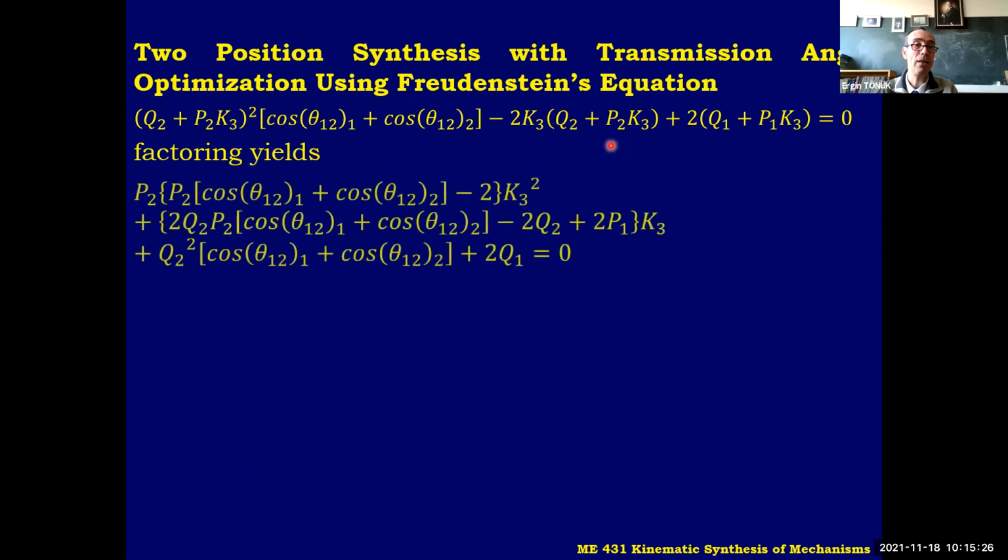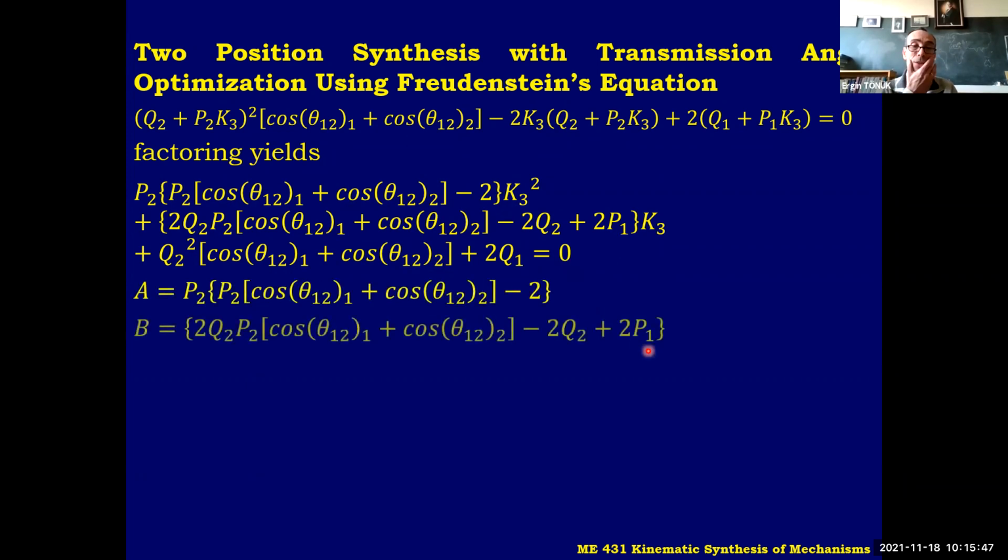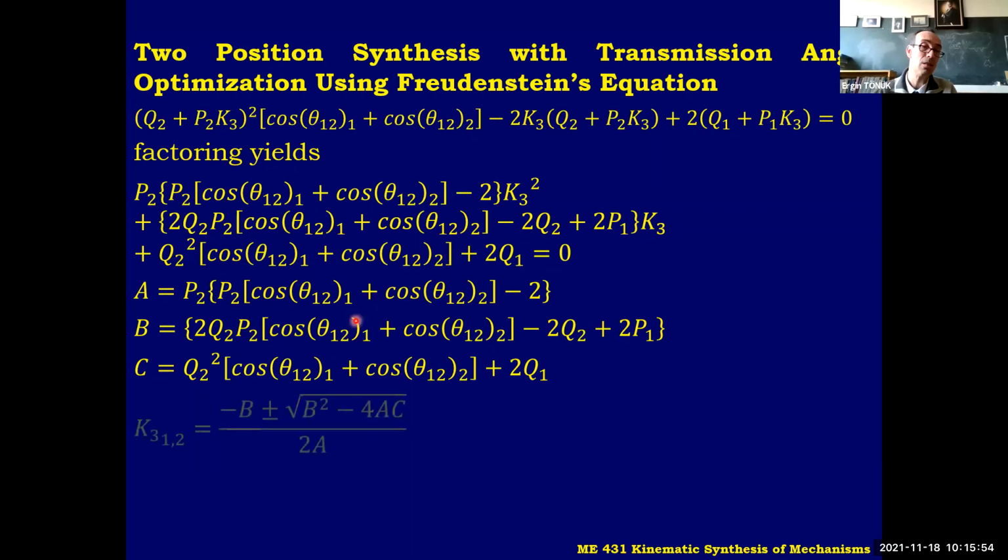If we factor it out, as you see, this is the coefficient of K3 squared, which you might call capital A. This is capital B, K3, and this is the constant term equal to 0. So what we have is this. These are the coefficients, which you can calculate numerically. So A, B, C are numbers, and you can obtain two solutions for K3